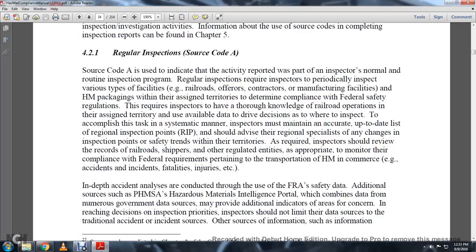Regular inspection, source code A. Source code A is used to indicate that the activity reported was part of the inspector's normal routine inspection program. The regular inspection requires the inspector to periodically inspect various types of facilities: railroads, offices, contractors, manufacturing facilities, and hazardous